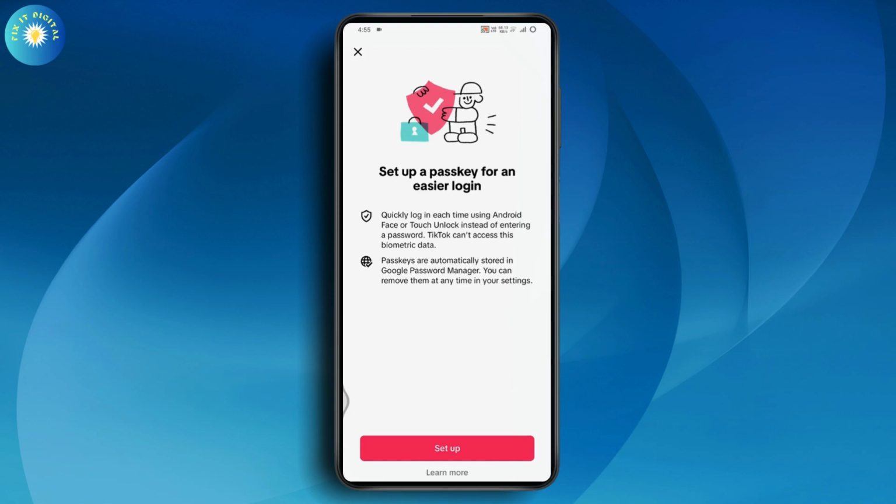And you can use your screen lock or your fingerprint for your encryption. And after that, your passkey will be added. So that's how you can set up a passkey for an